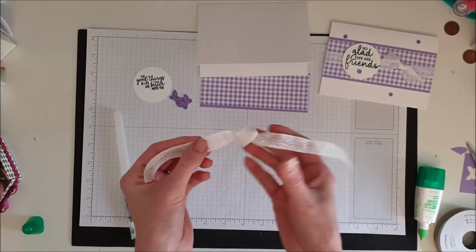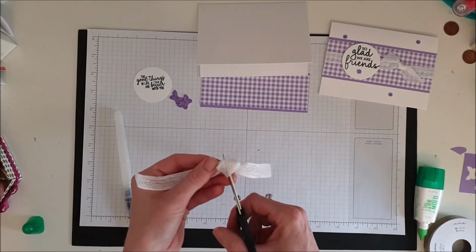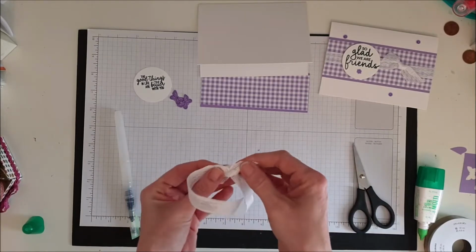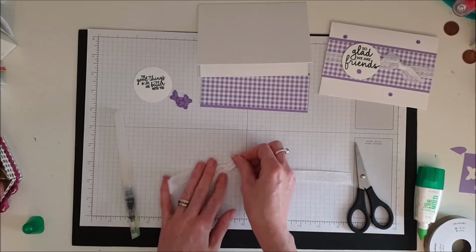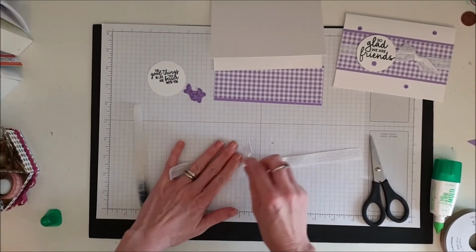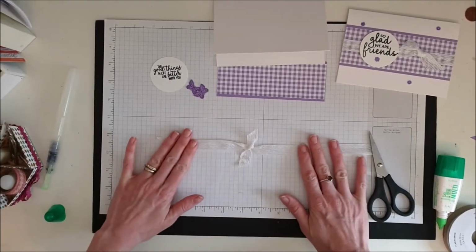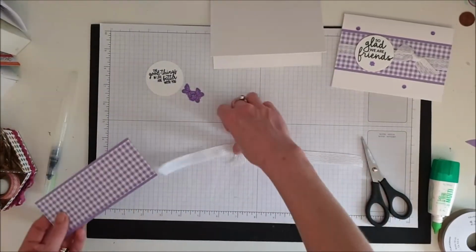and then I'm going to slide this off and I'm going to turn it over, and you'll see we've got a little loop here. I'm going to take my scissors and I'm just going to cut on an angle and open this out, and then I'm just going to flatten that down a bit, pull it a little bit tighter. So there we go, we've got quite a decorative looking little knot there, like so, and then we can add this on